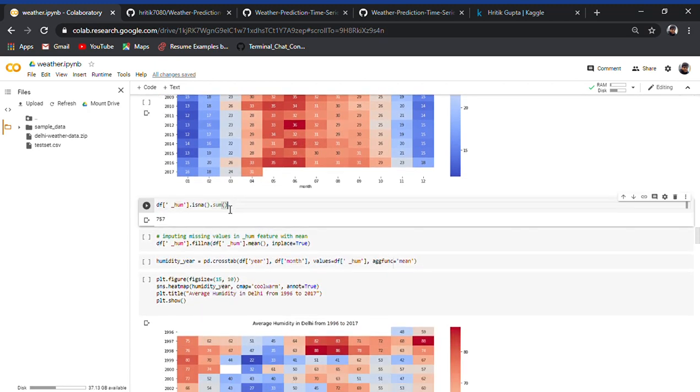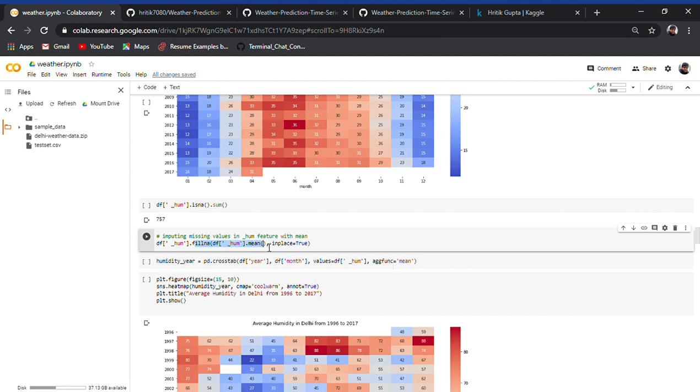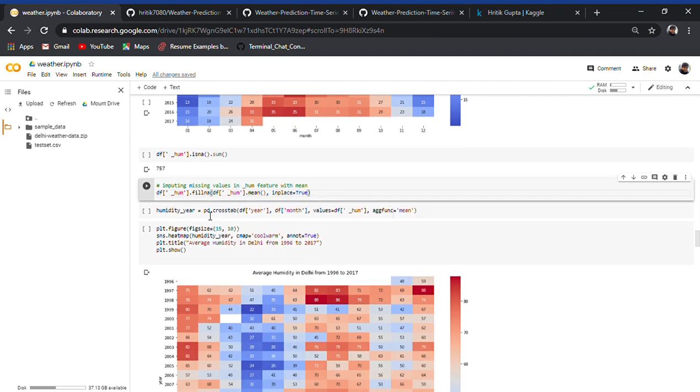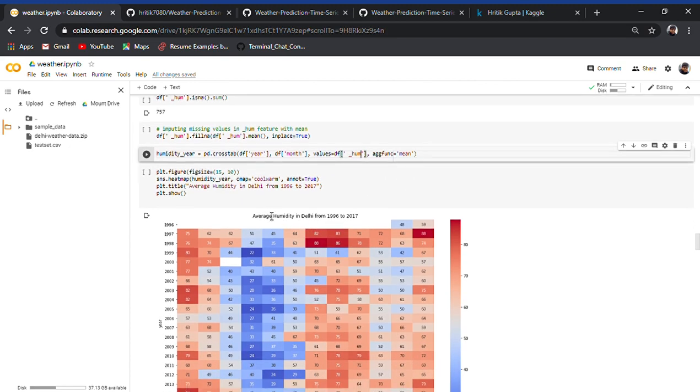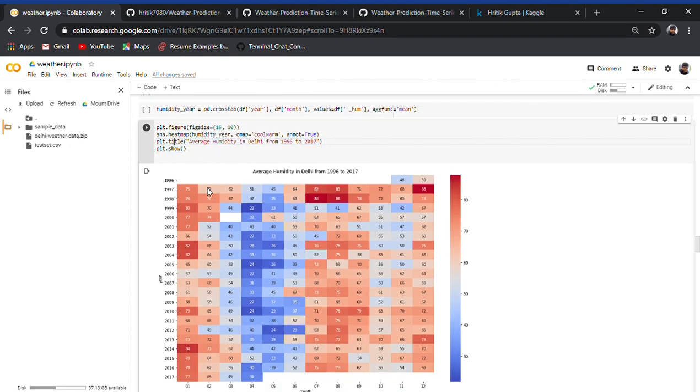Similarly, first I am checking the NaN values in the humidity feature. There are 757 NaN values, so I am filling them with the mean of all other values in humidity. Again I am making the cross tab for humidity, filling the values with humidity, and plotting the heat map.